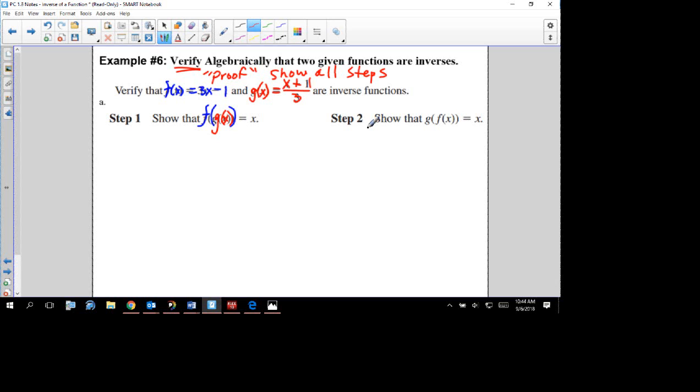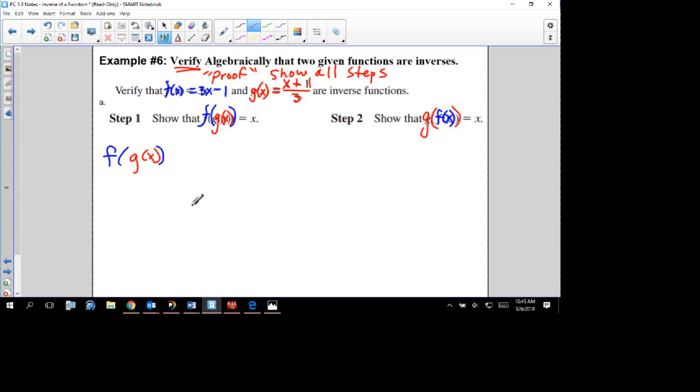So over here, I have to show that g of f of x is also equal to x. So what I'm going to do is put the g equation into the f equation and simplify it and show that it simplifies to x. So that's me showing your work. So let's start here. F of